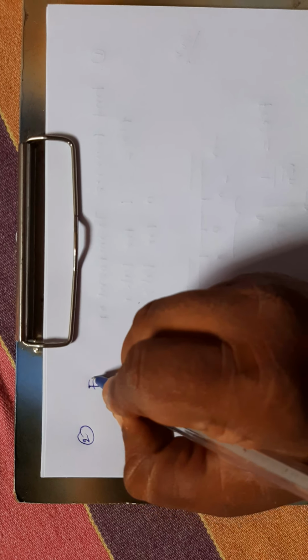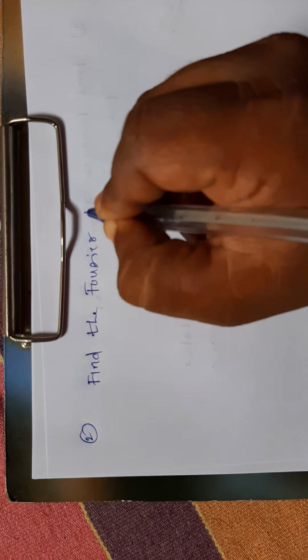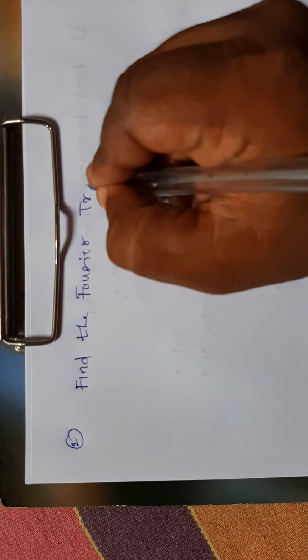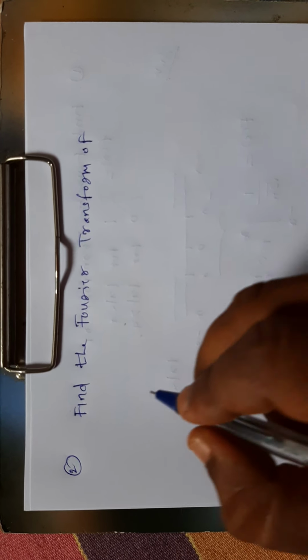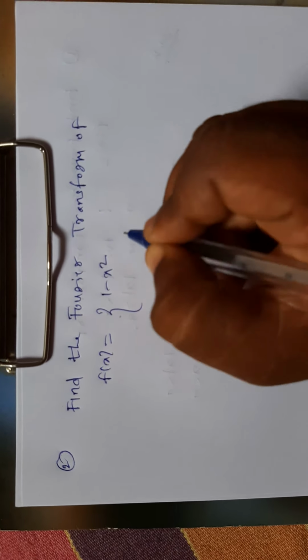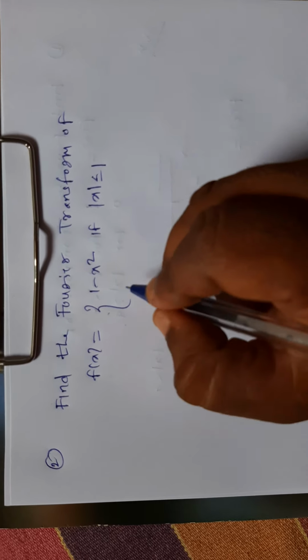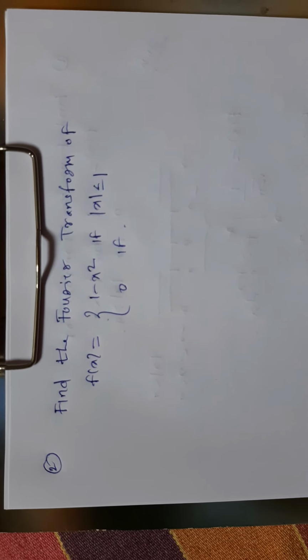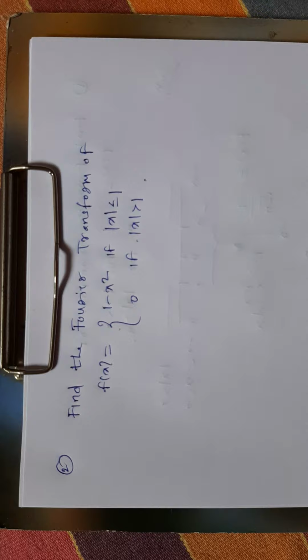So I will take one more example. Find the Fourier transform of f(x) equal to 1 minus x square if mod of x less than or equal to 1, 0 if mod of x greater than 1. Solution: